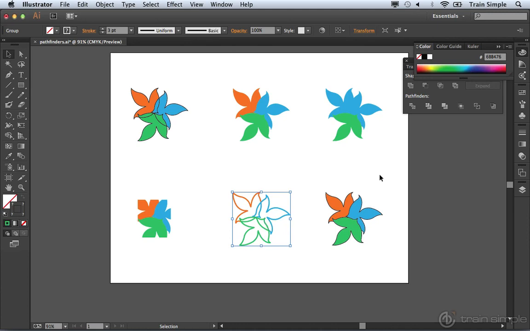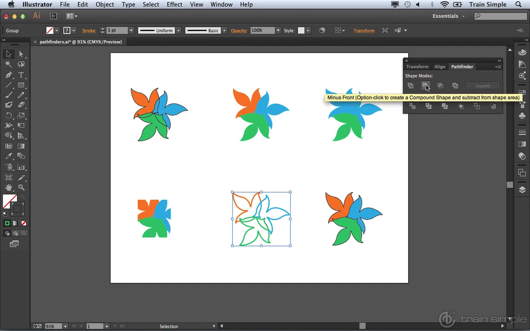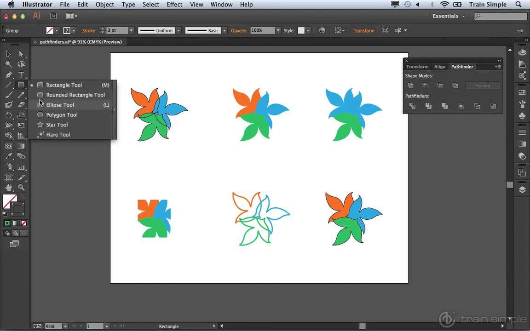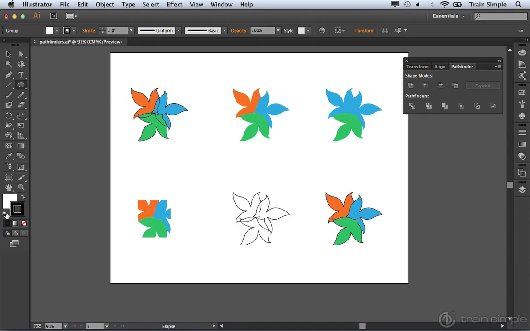The last thing that we have over here is something called Minus Back, which is the opposite of the shape mode that we used called Minus Front. If you remember, when we demonstrated Minus Front, what we did is we took 2 circles. So again, let's come over and choose the ellipse tool. With the ellipse tool, I want you to use a black stroke. It doesn't matter if you use a fill or not, but if you click and drag 2 circles on top